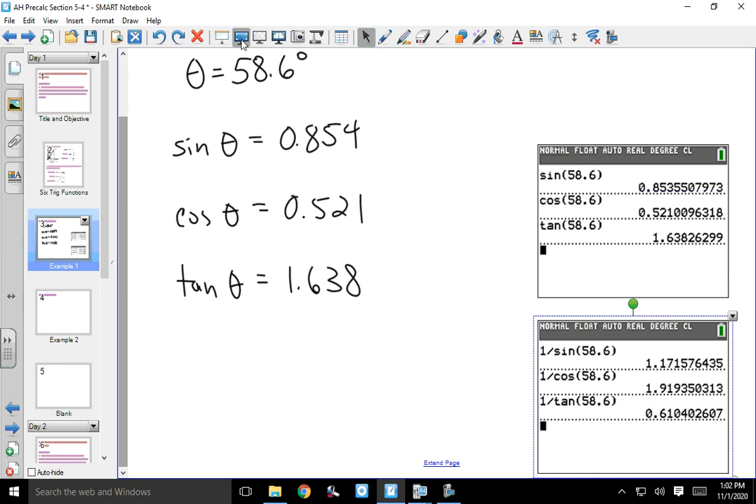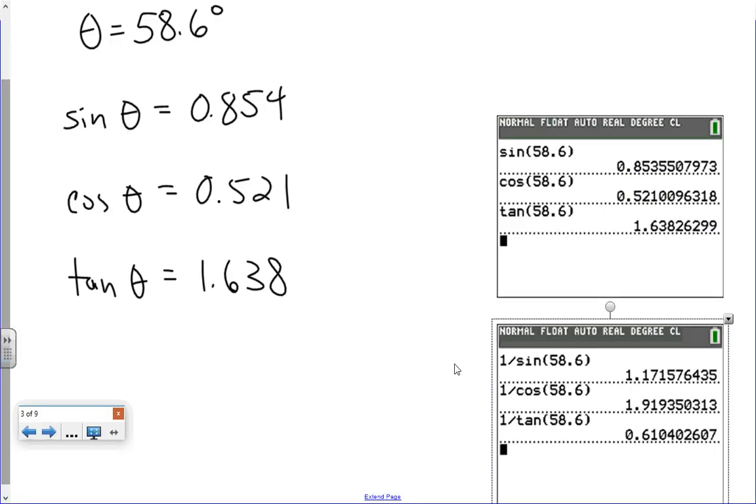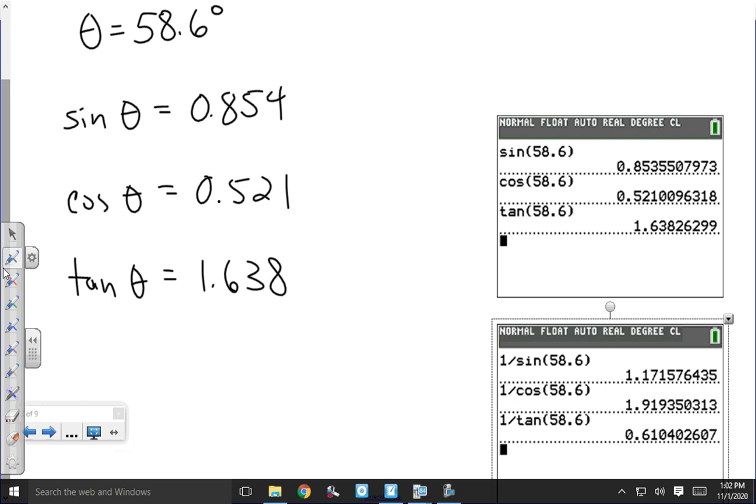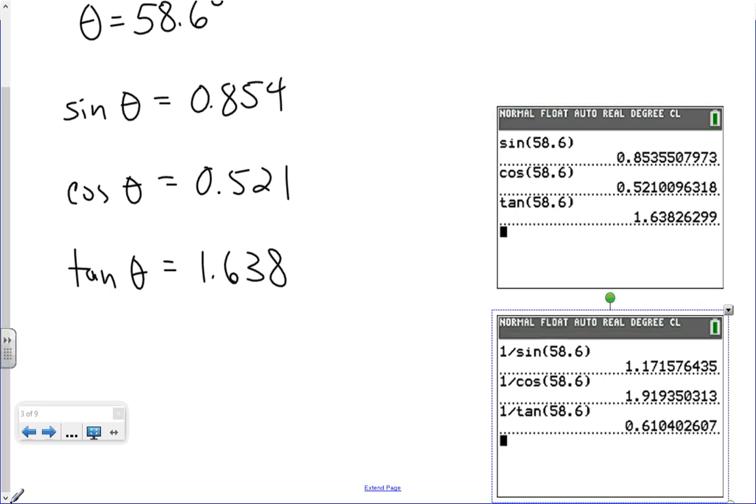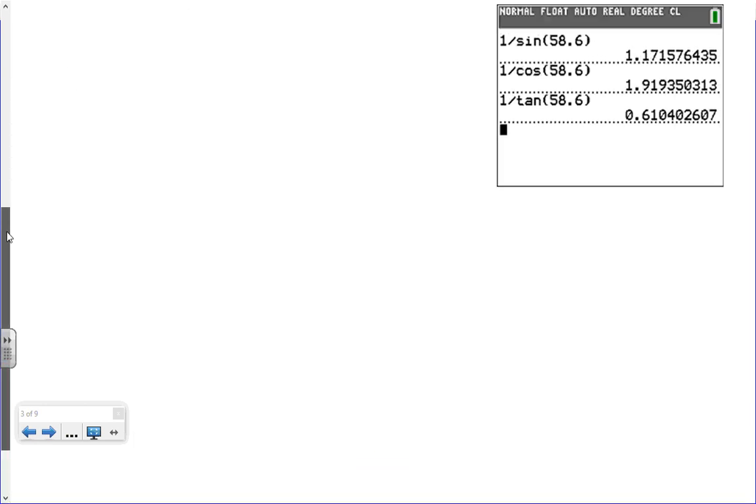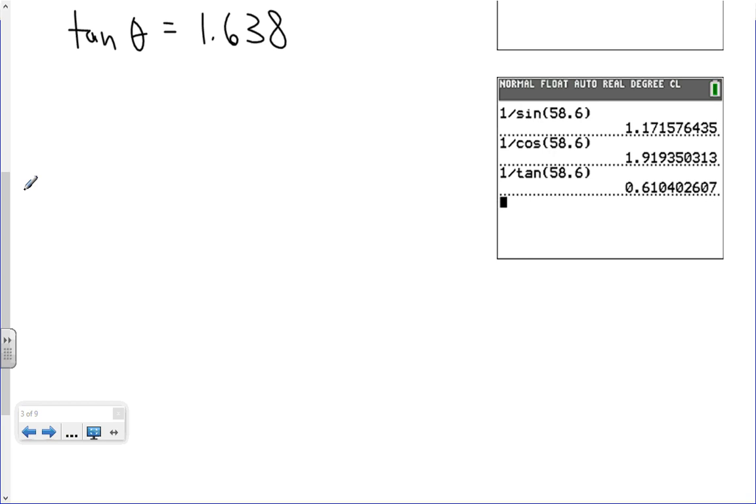All right, and let's go ahead and write those ones down. So the cosecant of theta of 58.6 degrees turned out to be 1.172. The secant of 58.6 degrees, or the secant of theta here, is 1.919. And finally, the